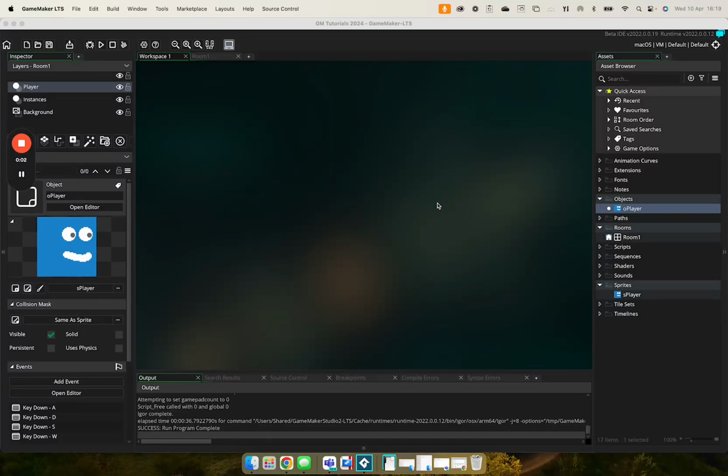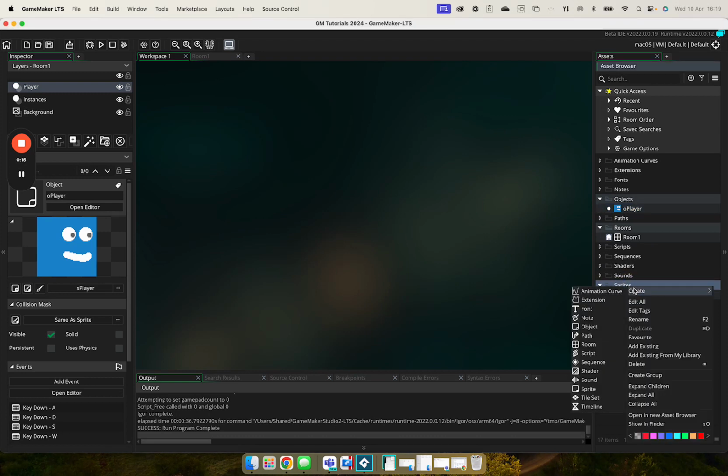In this tutorial, we're going to look at making a basic wall and colliding into the wall to stop the player going outside our room in the form of a maze. So the first thing we're going to do in here is add in a new sprite. I'm going to right click, create, and go down to sprite, and I'm going to call